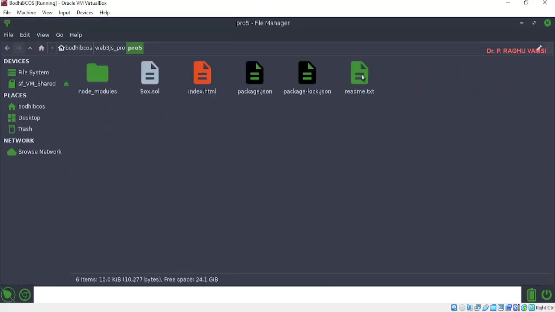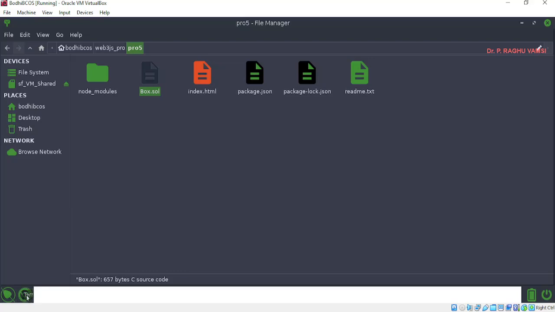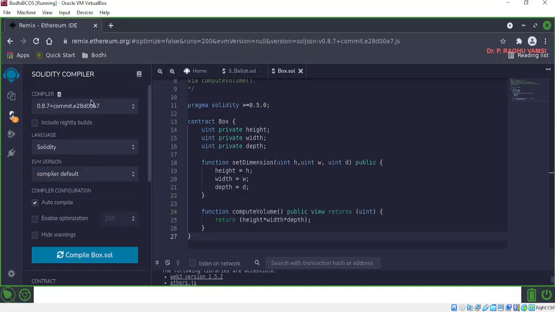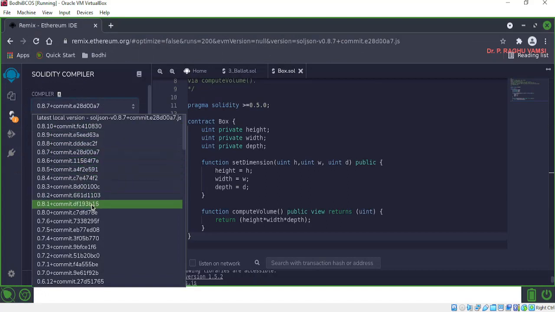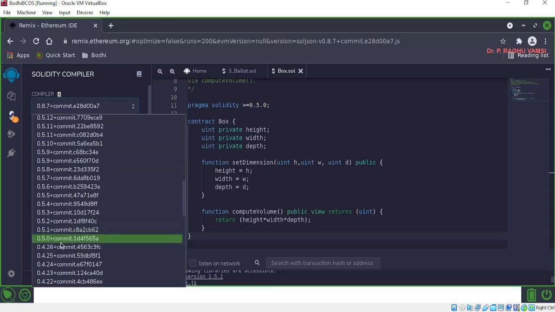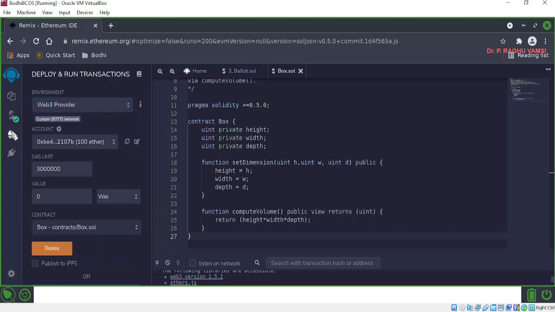In program 5 we have box.sol. We'll copy this onto the Remix IDE. Since it is 0.5.0, we'll choose the 0.5.0 compiler for compiling it. So compilation is successful.